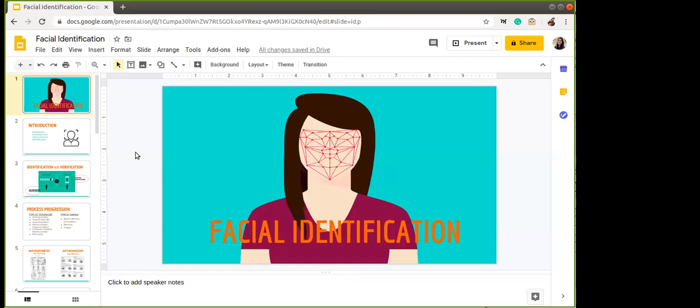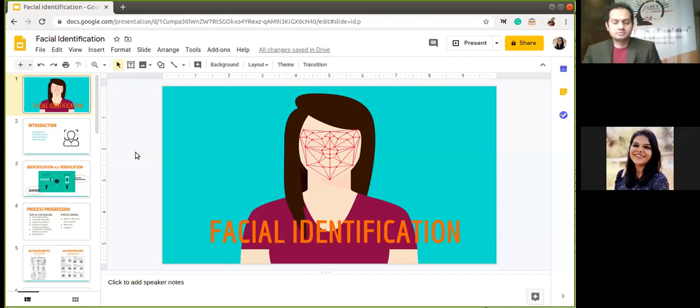Expression analysis. And today I'll be taking you through the basics of facial identification. Since this is a very elaborate subject, I don't think it will be justified to actually bring everything in a single session. So yeah, depending upon the needs, we may actually plan another round of it. But today I'll be taking you through what actually comes under facial identification and what we actually do here.